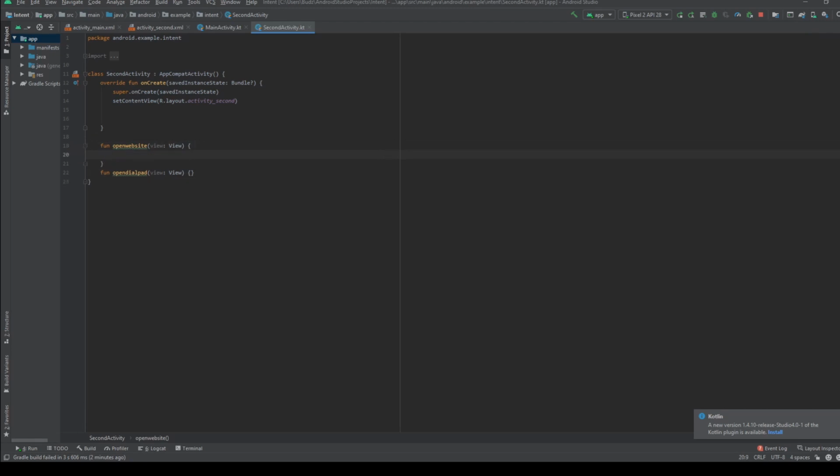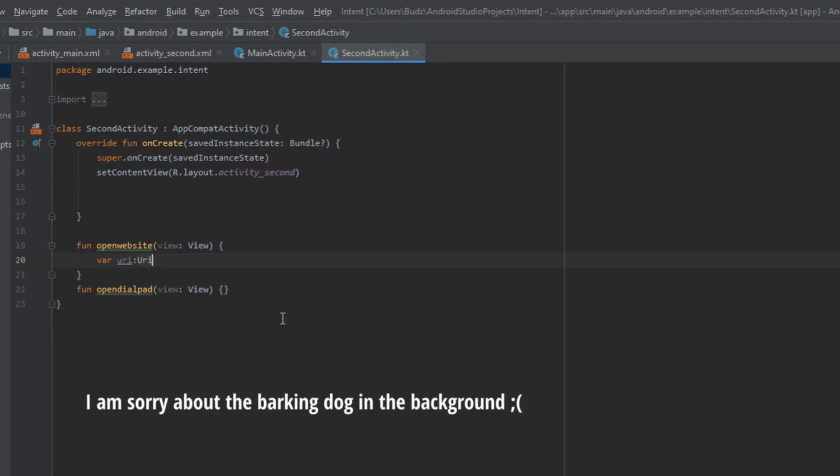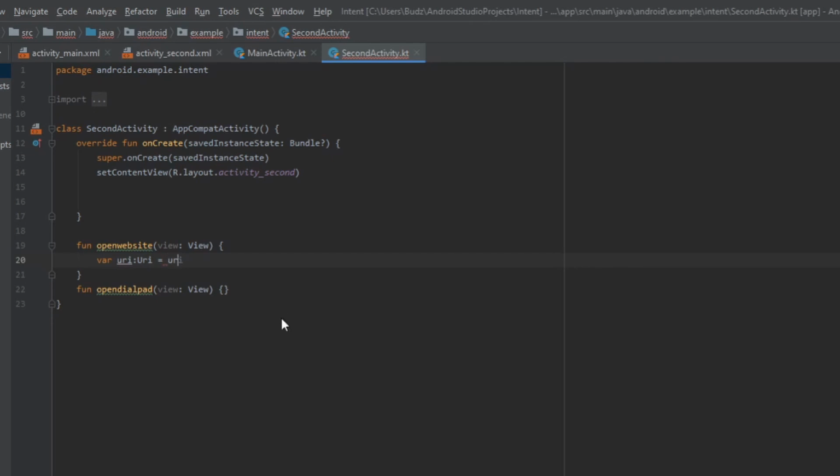We're going to start with open website, by creating a variable uri equals Uri.parse of the website edit text, text to string. And below that we're going to start an activity